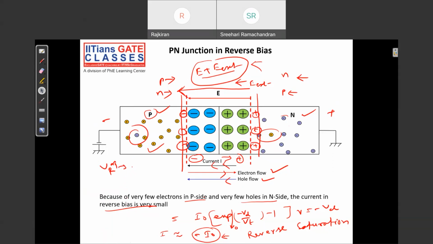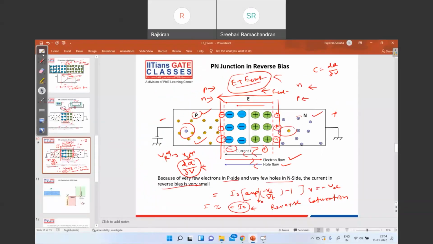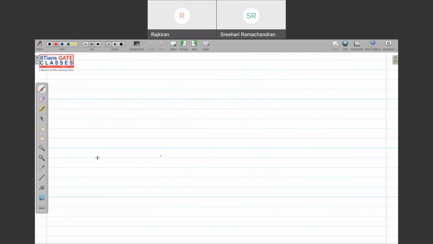So the depletion width is increasing, and the number of charges is increasing. That gives you a capacitance, which is nothing but change in charge by change in potential. If I change the external potential, there is a change in charge. So what is my capacitance? Capacitance is nothing but change in charge by change in potential. This is going to give me a capacitance that is called depletion capacitance. In reverse bias, if you draw,